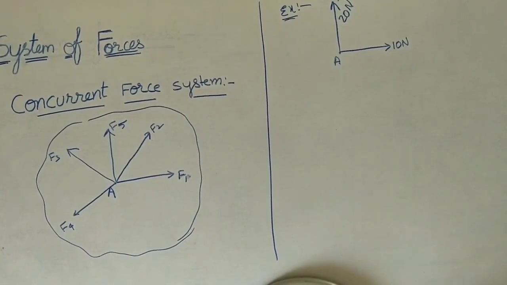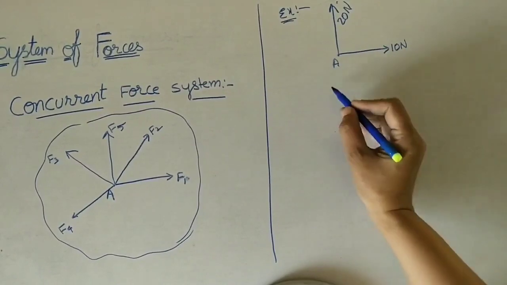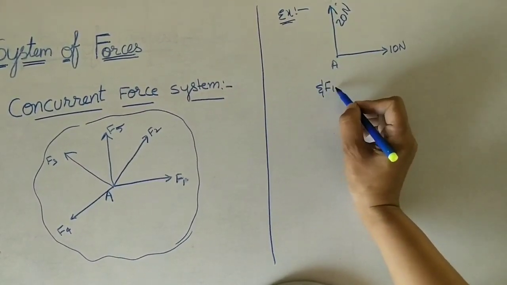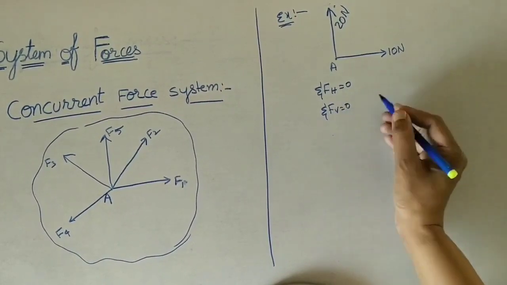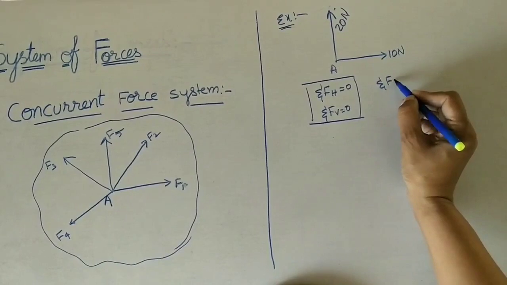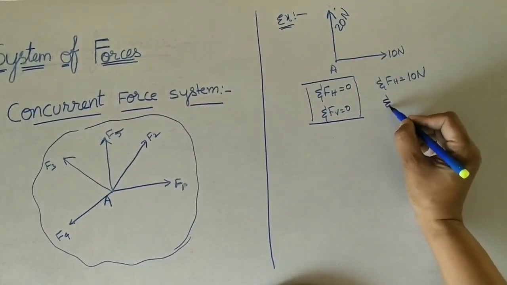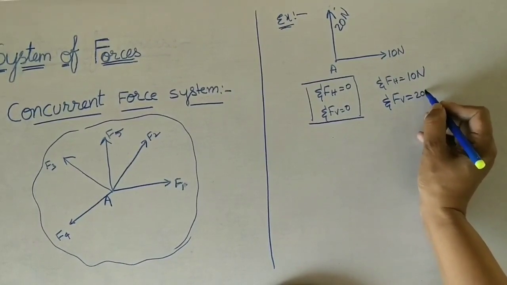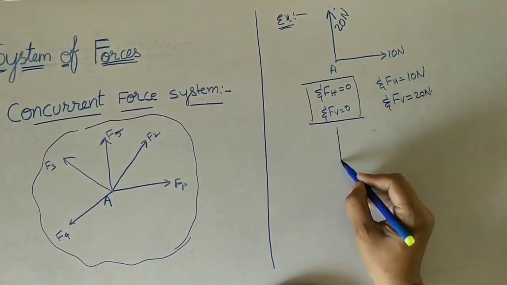So here we have to consider sigma Fh is 0, sigma Fv is 0. We have two conditions already proved: sigma Fh is 0 and sigma Fv is 0. Now what is the sigma Fh component here? Only one component, 10 newtons. What is the vertical component? Sigma Fv, 20 newtons. Now here if I draw the right angle triangle, because this will give a right angle triangle,